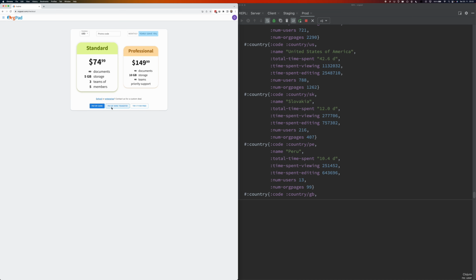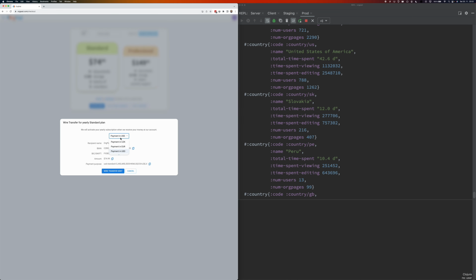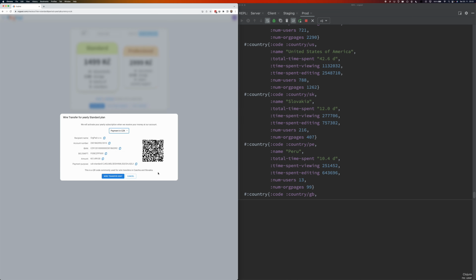It is possible to pay by wire transfer, which is quite popular in Czech Republic. You get this QR code, you scan it with your mobile phone, you send us money, and when we receive the money in our bank account, we will go and manually activate your subscription. For that I will need to know the customer ID, which is basically what's stored here.